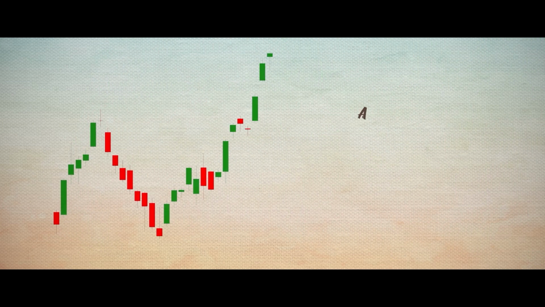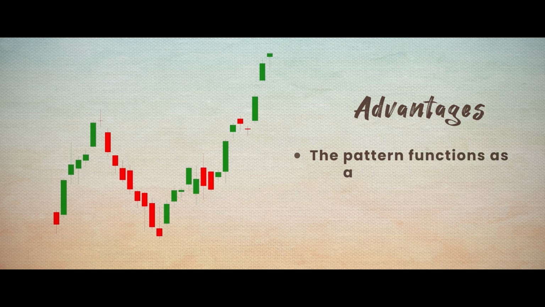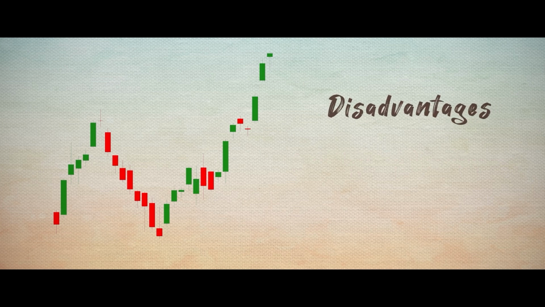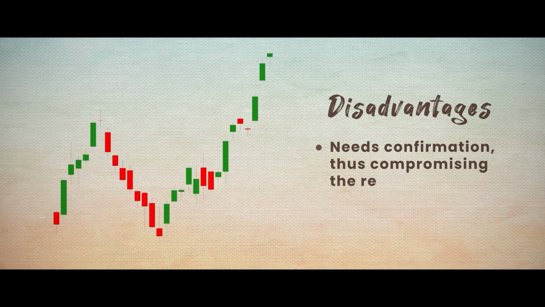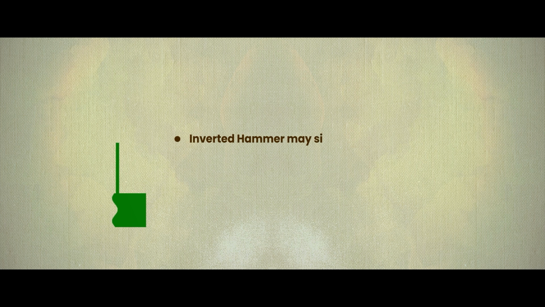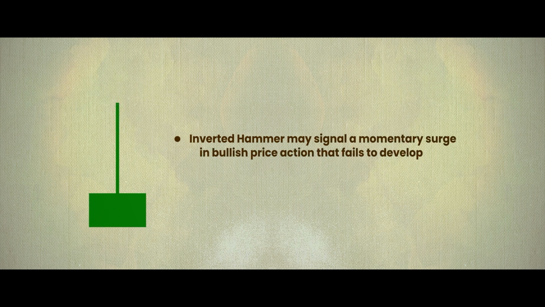Also, if the candle in the falling session closes above the high of the inverted hammer, it signals that a strong rally is on the horizon. The only problem with this pattern is that since it needs confirmation the following day, you may not get the best reward to risk ratio. Also, the inverted hammer candle may signal a momentary surge in bullish price action that fails to develop into a